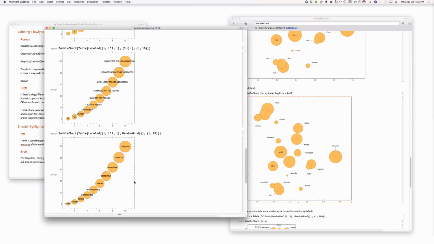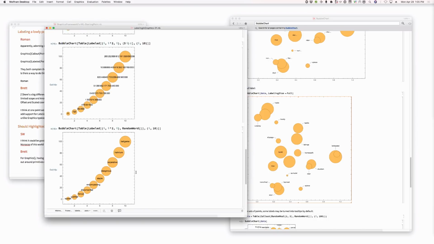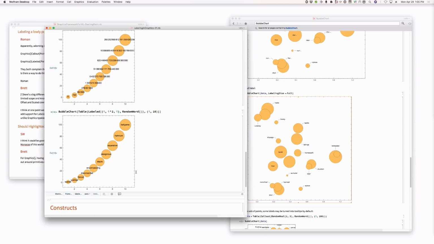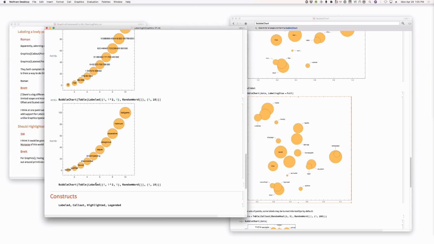Okay, so you're just putting everything on top here for labeled. I mean, I think bubble charts had support for labeled from the start, and then callout came later. Okay, but my main point here is, in this case, if I were to say callout here,